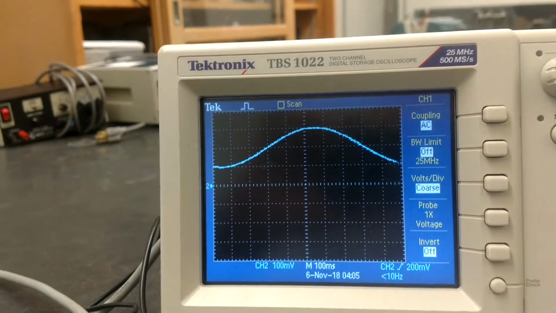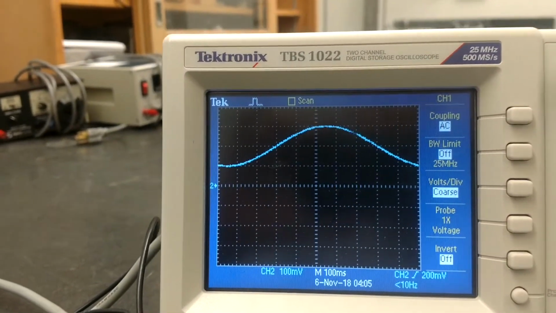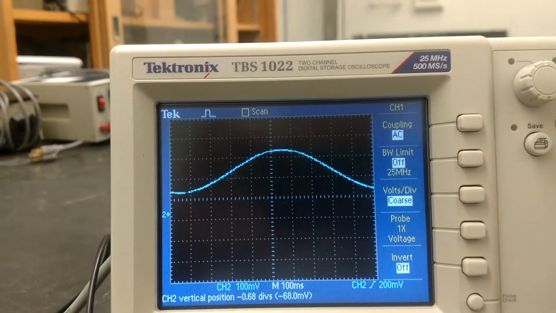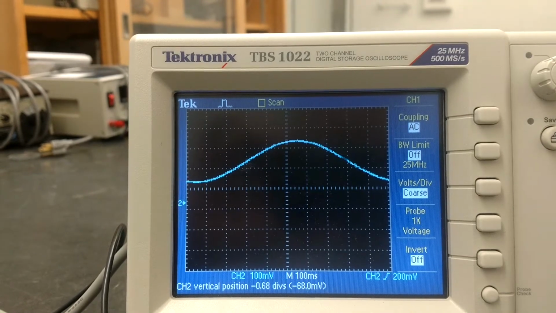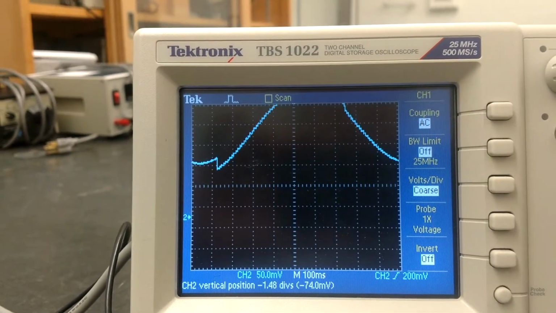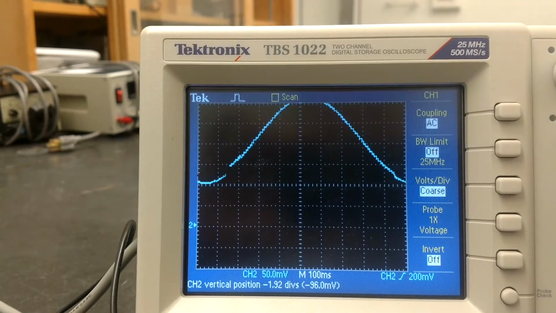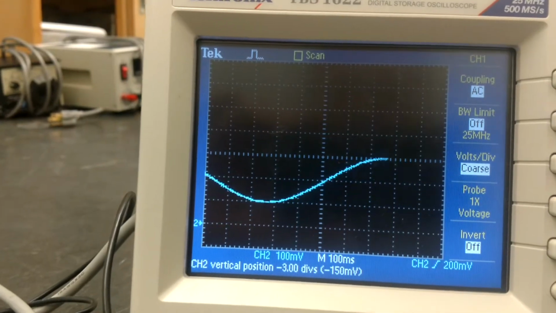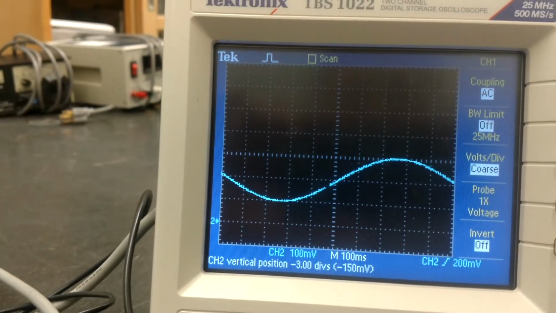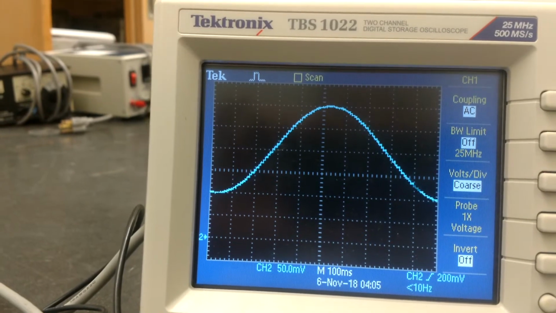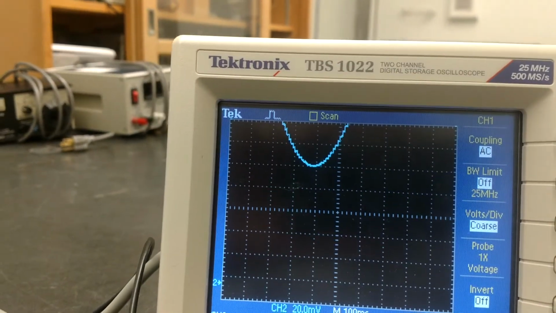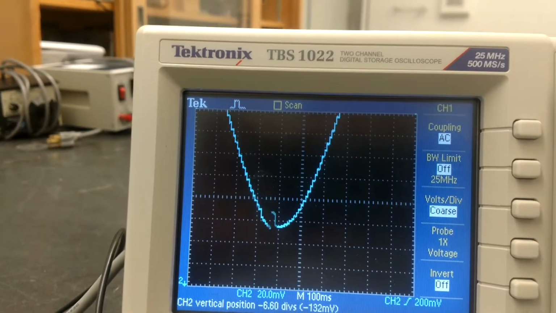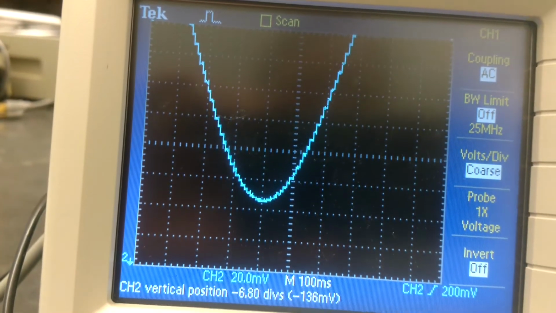But if you think about it, if you put 100 little steps over one sine wave, the steps would be so small it might be hard to see. Let's see if we can see them by changing the scale a little bit. I change the position. Right here, now you can start seeing them just a little. But you really have to look close at the sine wave, and that's just a part of it, to see